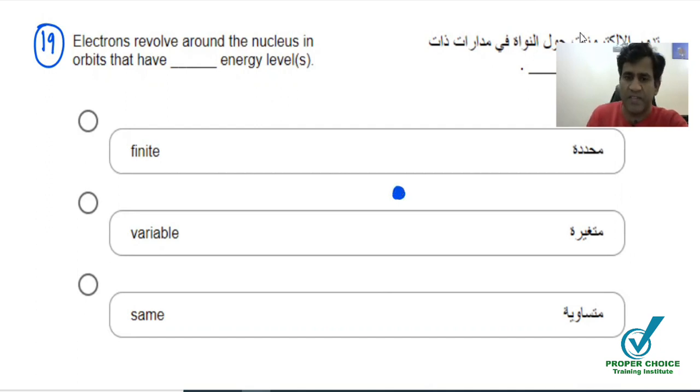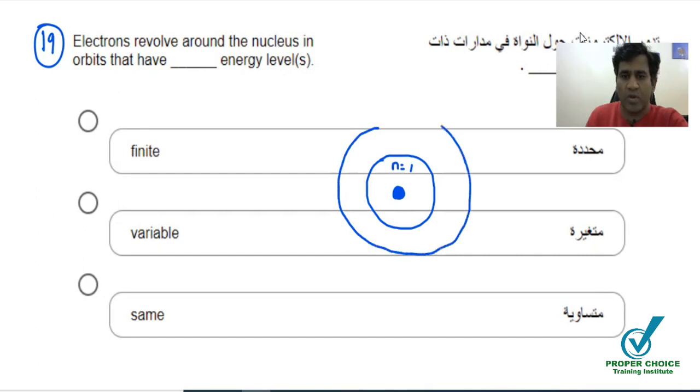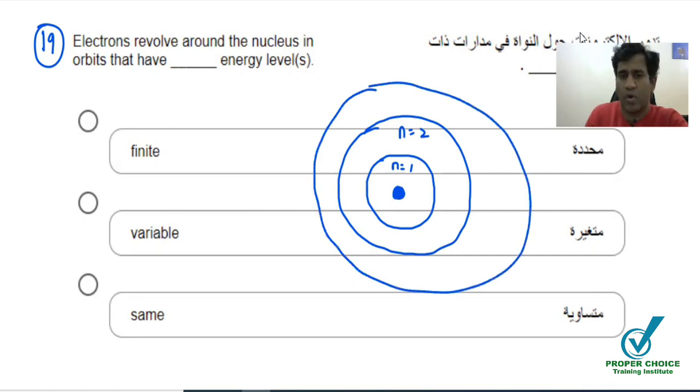This is going to be the orbit in which the hydrogen electron revolves, and when the electron of hydrogen jumps from the lower energy level to the higher, that will be done only by gaining energy. This is the first orbit, n = 1. Let's take another orbit around it, that's going to be n = 2. Then another orbit, that is n = 3, and so on.